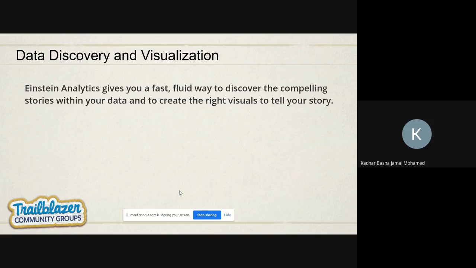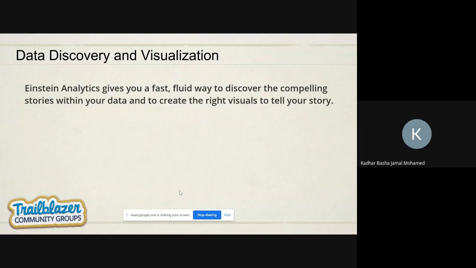So in Einstein Analytics there is a data story. It explains to users what happened in the share market. It shows a single image explaining what happened, whether it is profit or loss, and whether shares increased or not. So all the things are explained in a single story.